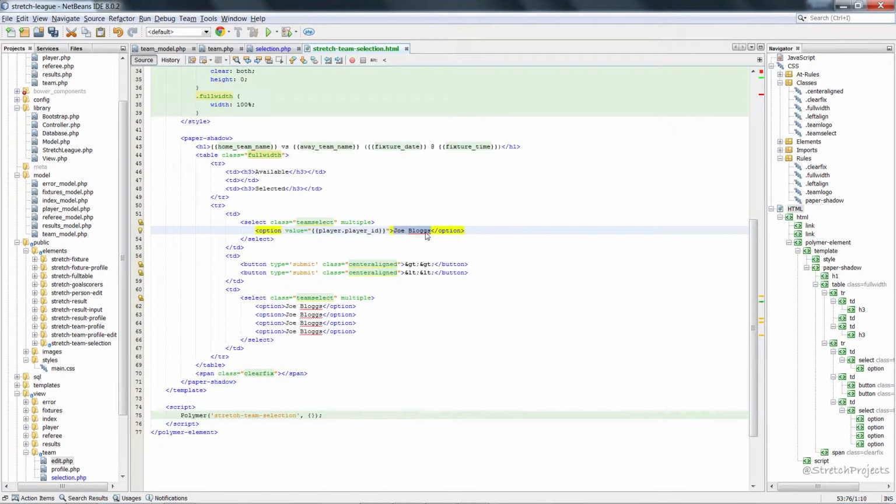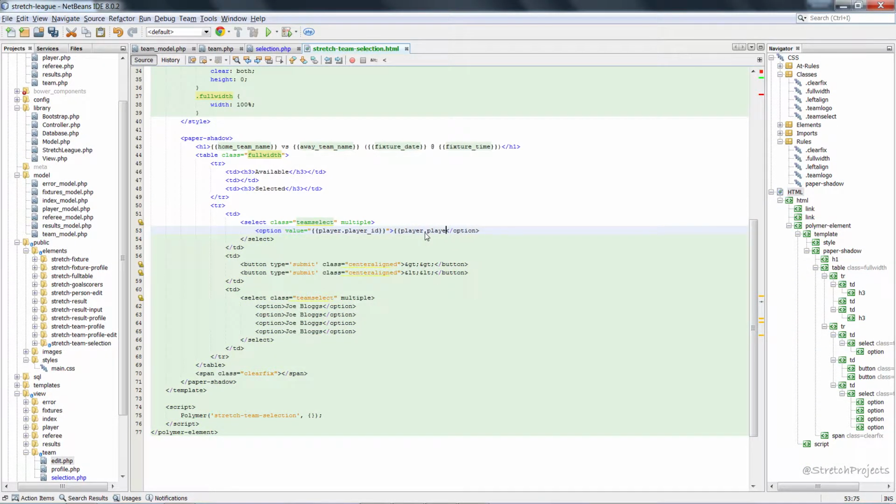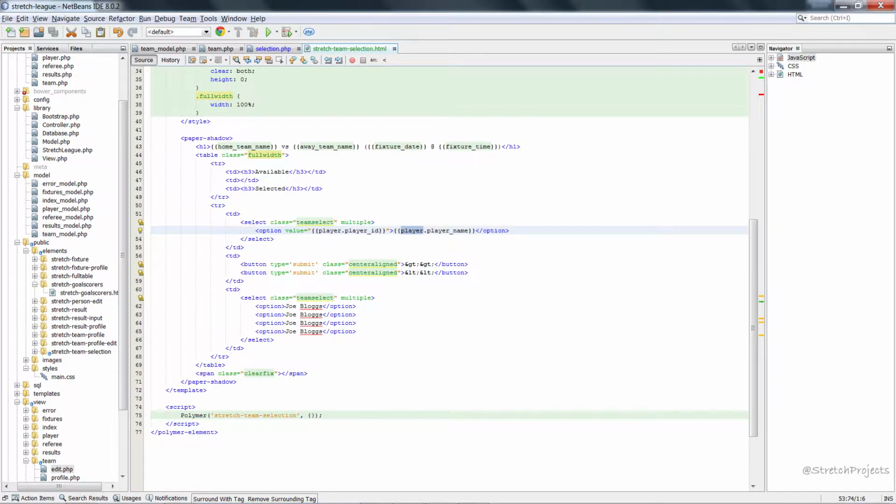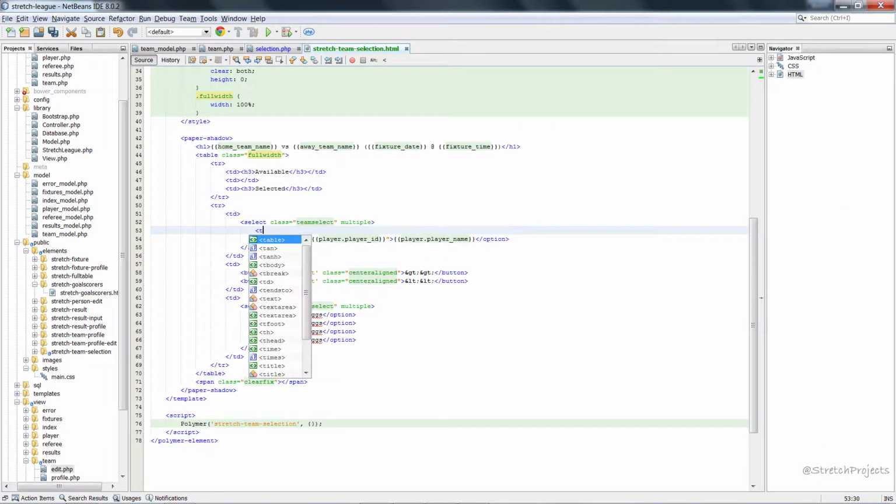We're also going to want to have the player's name, which will be something like player.playername. And I've specifically said player here because we're going to have multiple of them, and these are going to be within an array. And to do that, all we need to do is to create a new element here called template,